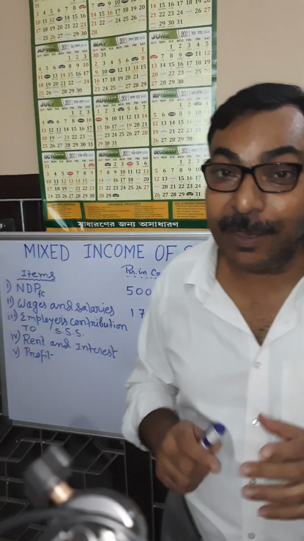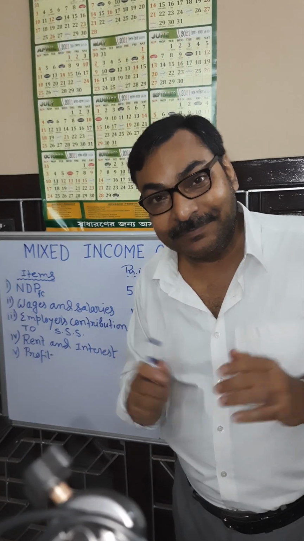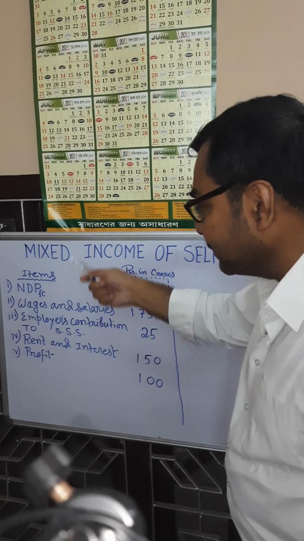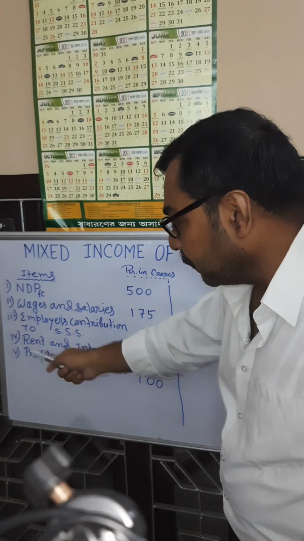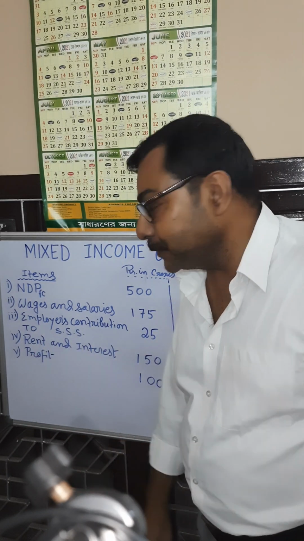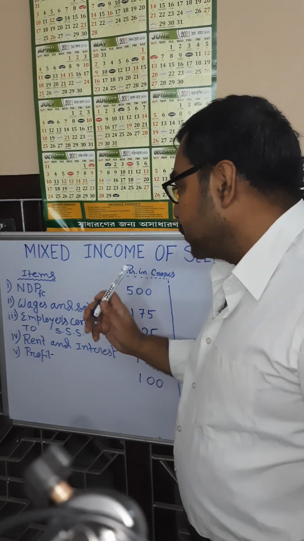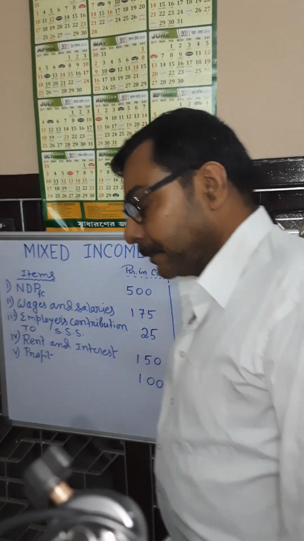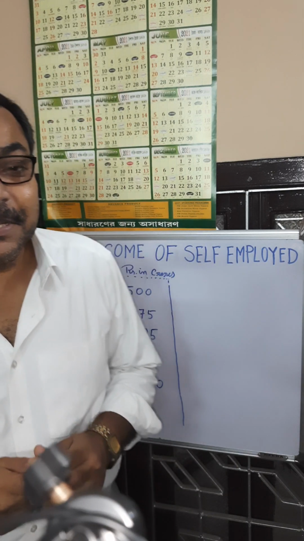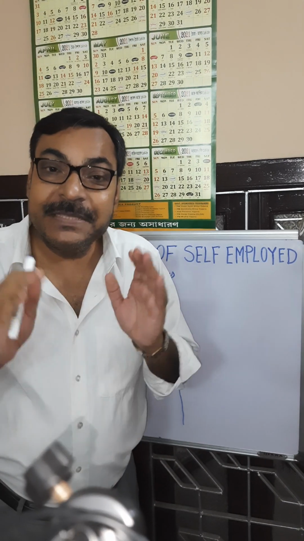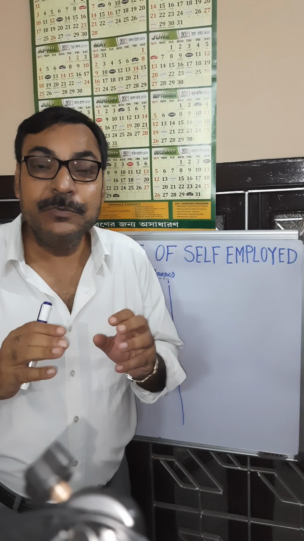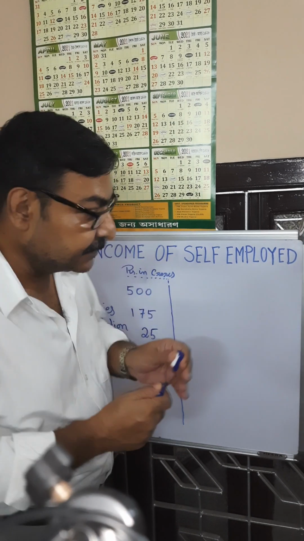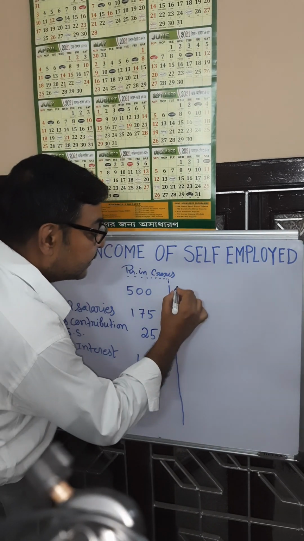Now we have to see how to calculate mixed income. Here is the list of some items: 1, 2, 3, 4, 5. Five items are given to you, and you are asked to calculate mixed income. You will start with the equation: domestic income is equal to three forms of income. Domestic income means